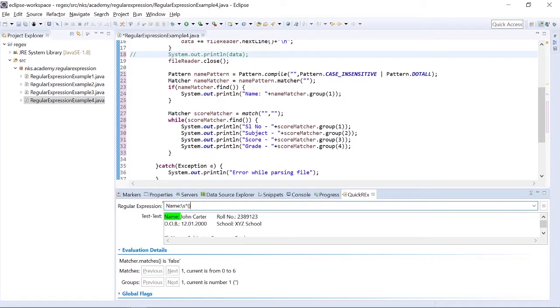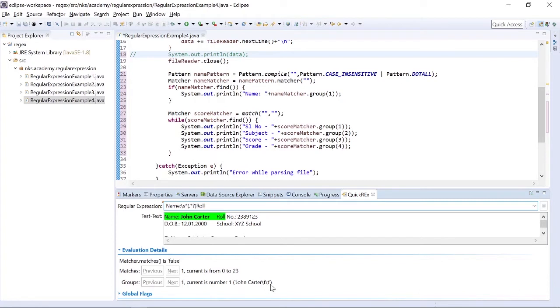We can create a group, we can do dot star question mark, which means everything. Dot is, we can capture everything, and star means any number of it, and question mark means it may or may not be there. Okay, now I will write a roll. So see this, John Carter is captured.